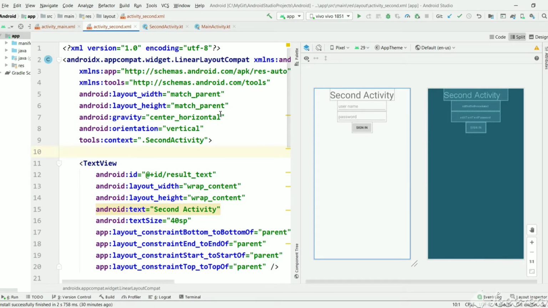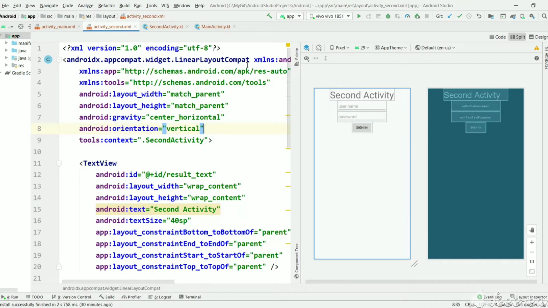In the last video, we designed a login screen with username, password, and sign in button using a linear layout. So in this video, we will design the same screen using a relative layout. In linear layout, we just added all the views in order, and linear layout took care to structure them in a vertical manner. As we have mentioned, the orientation is vertical.